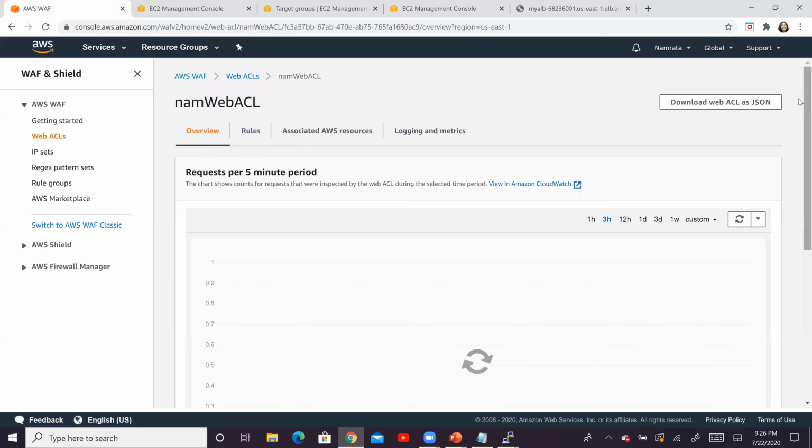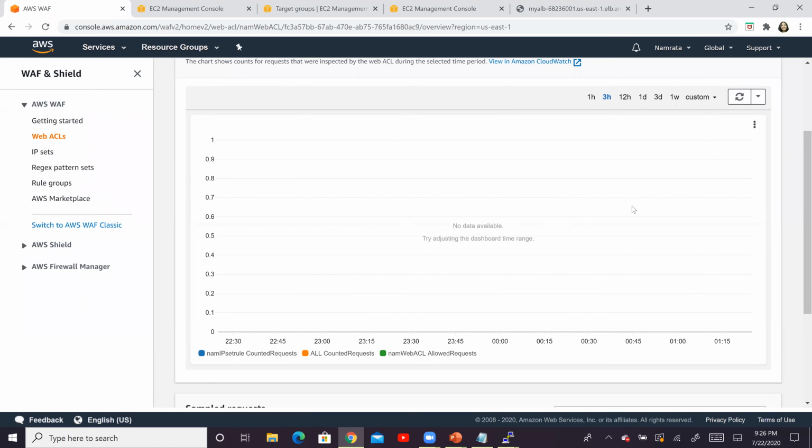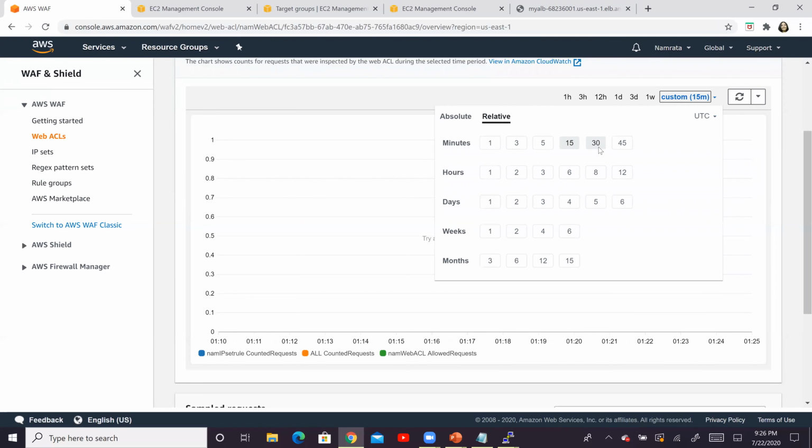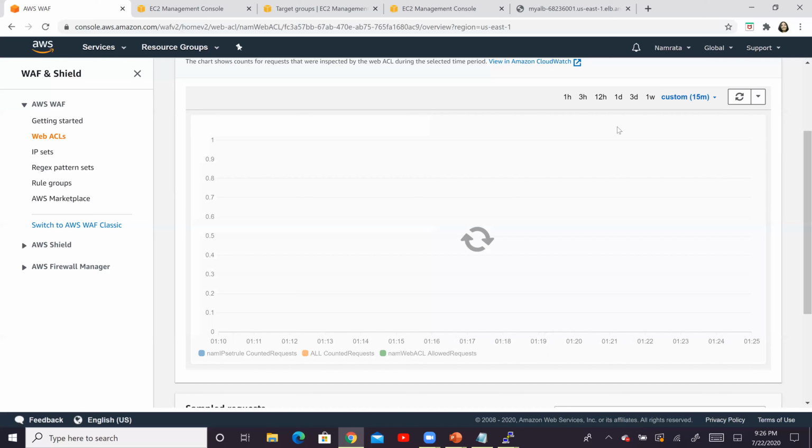And this is where we should be able to see our matrix. So it takes a while, okay? If you see a similar picture to the one you are seeing right now, then don't panic. Sometimes it's good to change the time duration over here, and keep shuffling it between 5 minutes or 15 minutes or something like that. Eventually you will see that the data will actually show up.